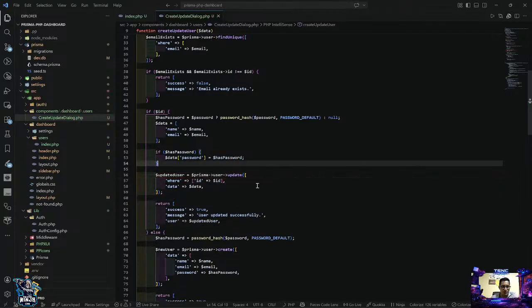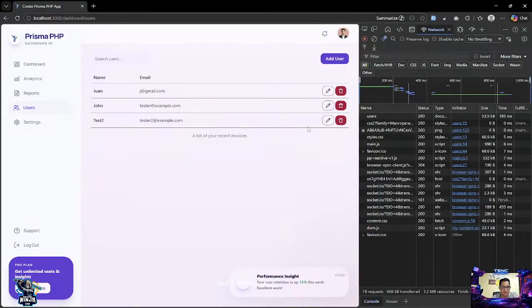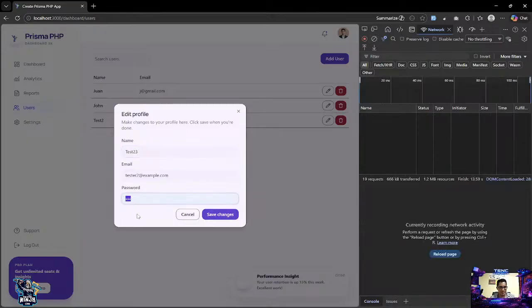And now we're good to go. Because let's say this is going to be the data. So if we pass the password, we're going to replace the new password with the hash password, else we're going to leave it empty. So there we go. Easy as this. We're going to say the test2 is going to be test23, and in this case, this password